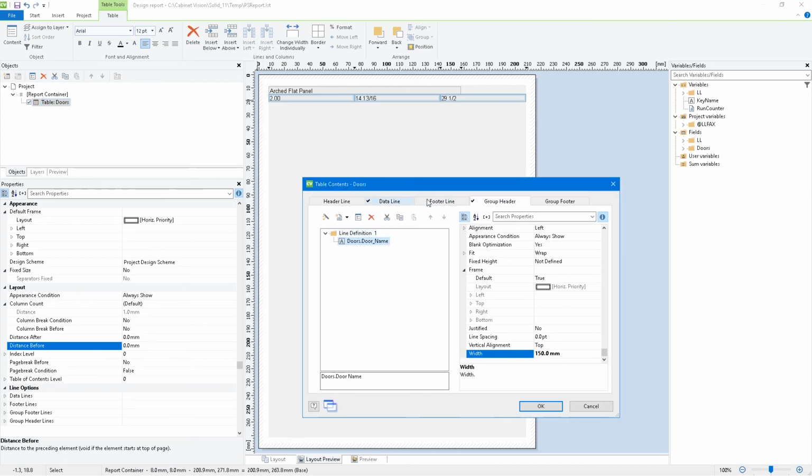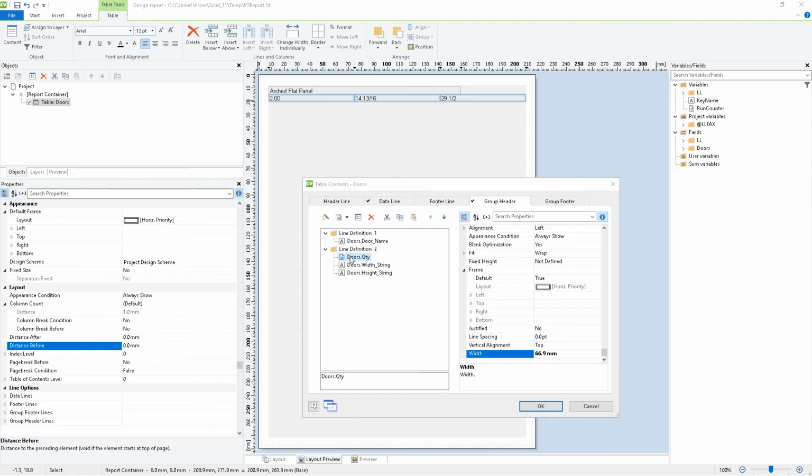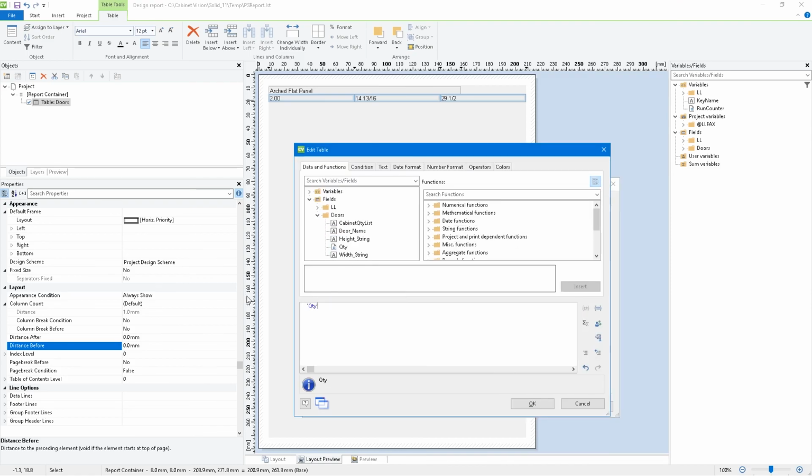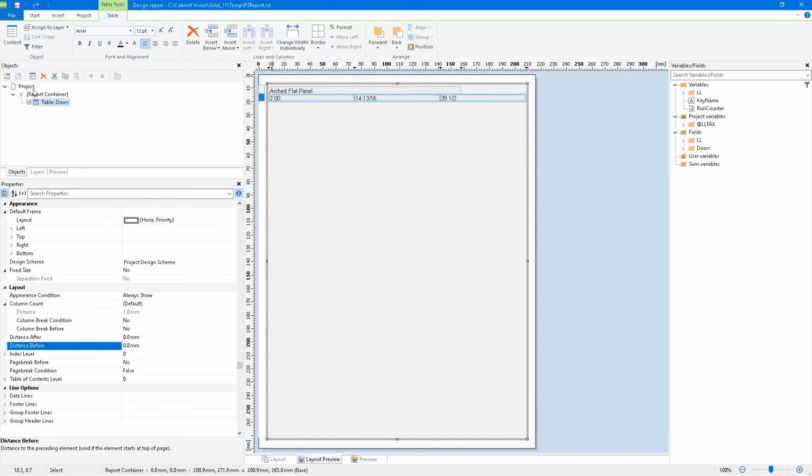Oh no, it's there. Okay, so what we're gonna do is copy this, Control C. Actually, we're gonna go to here, Control C, go to group header and paste that in. And we're going to tell it quantity. I'm going to change this to width and height. And you know what? I misdid that. Let's redo this. I'm going to show you how I made a mistake, so I'm just going to delete this,